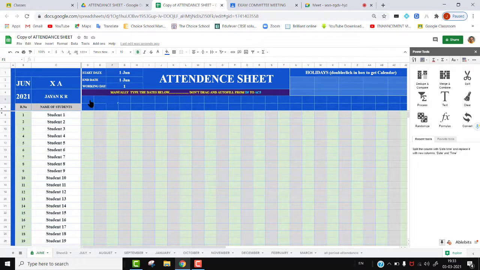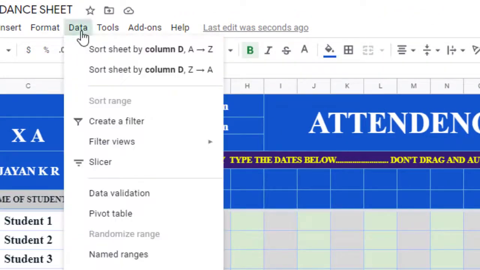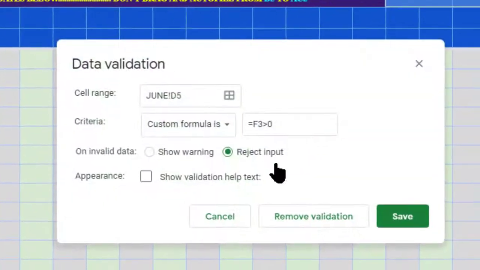How to block that? I will show that. Select that first cell, then select data validation. You can see that formula here. Here we have to lock that F3 always. Whenever you drag, always F3 should come. So how to lock? Just before the F you type a dollar symbol, and after the F also you type a dollar symbol. That F must be in between the dollar symbols. So it will be locked. If you drag, it will not change.